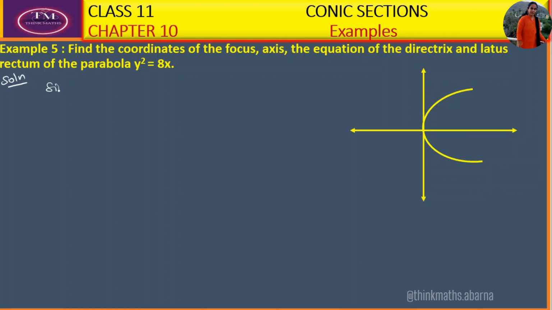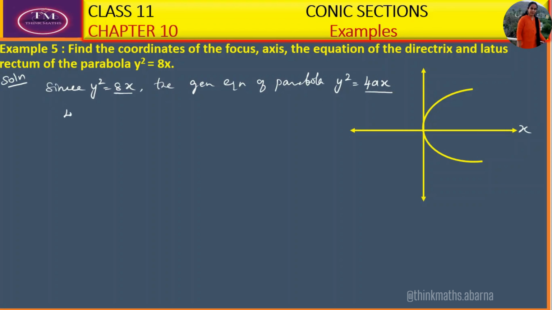So since y square equal to 8x, the general equation of parabola will be y square equal to 4ax. This is the general equation of parabola when the parabola is symmetrical about x-axis and is in the positive side of x-axis. Now if you compare both, y square equal to 8x and y square equal to 4ax,